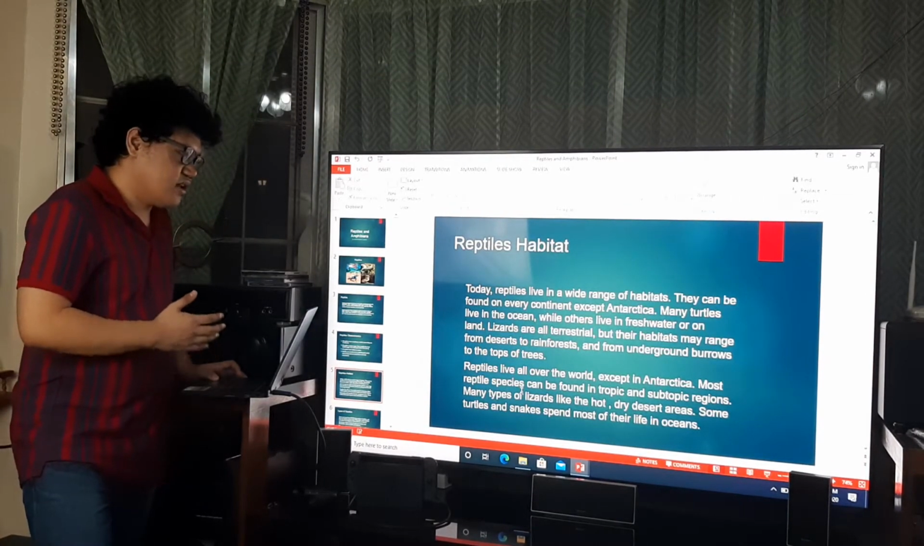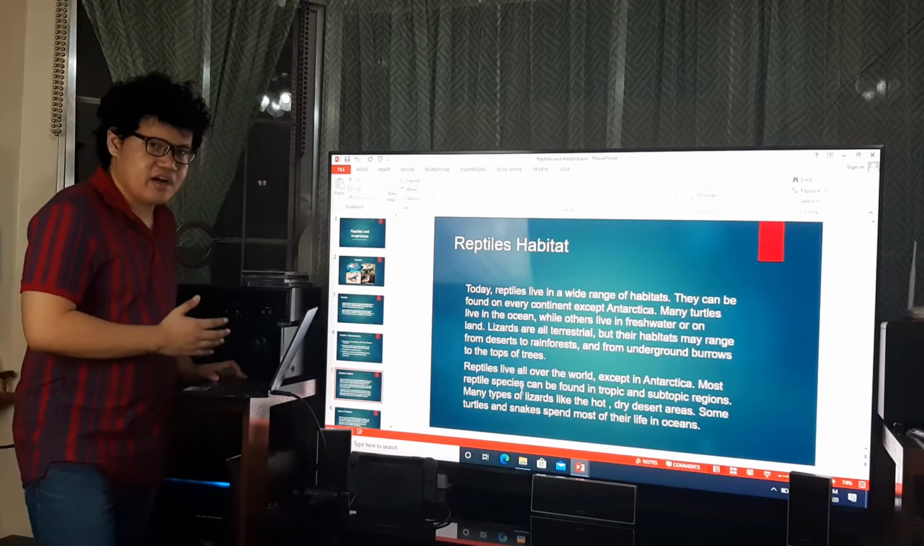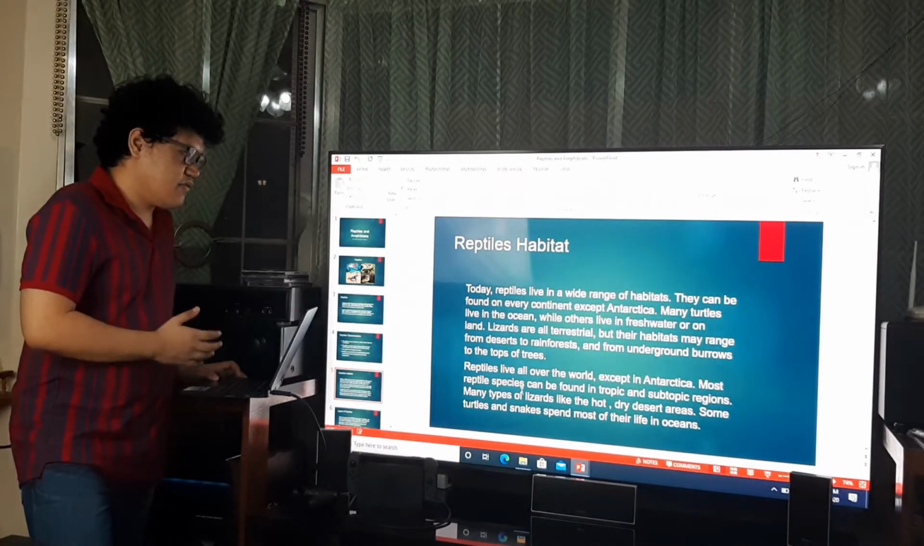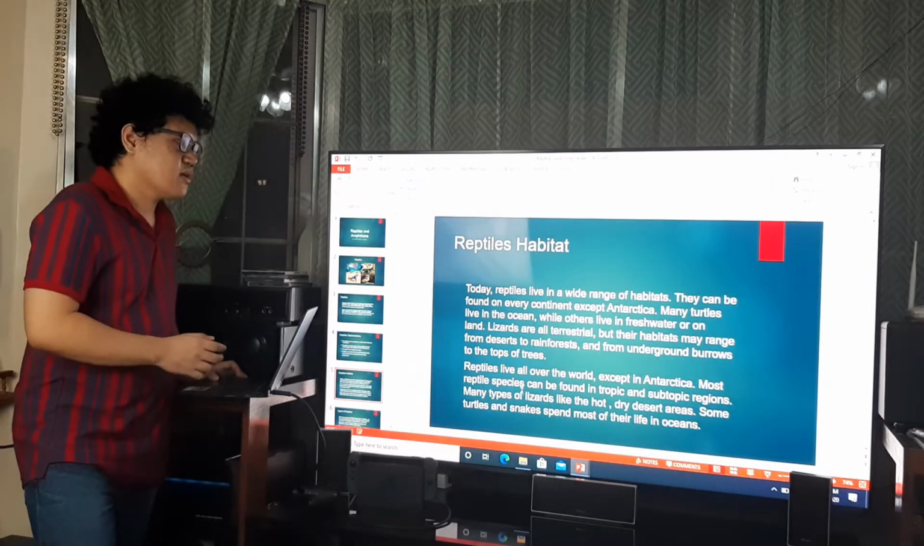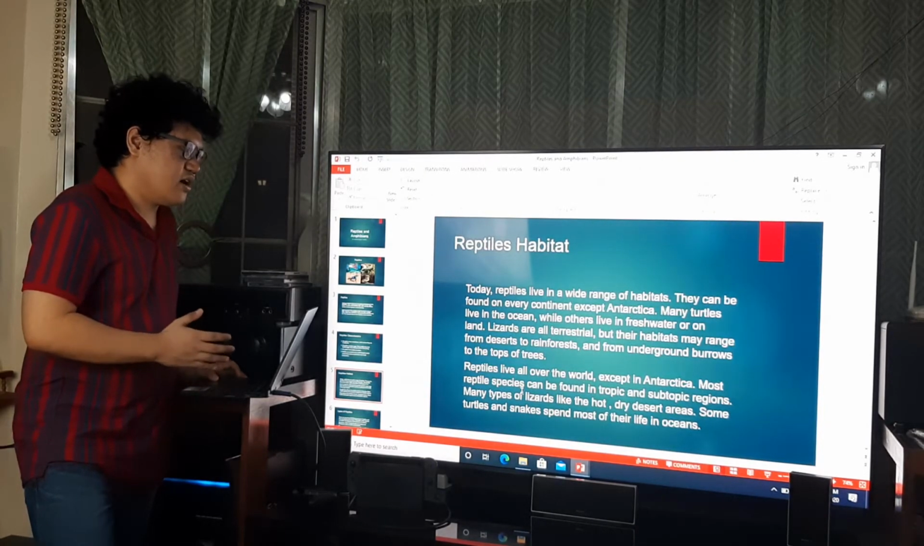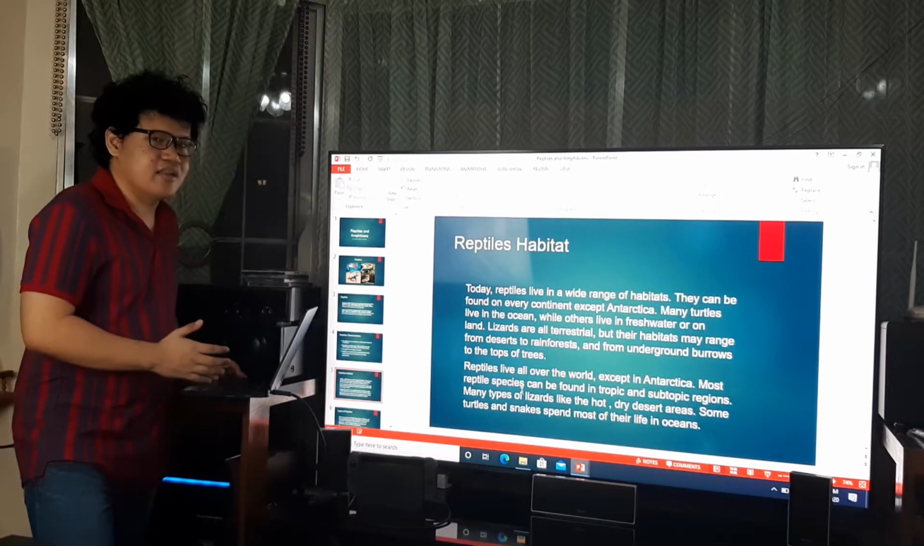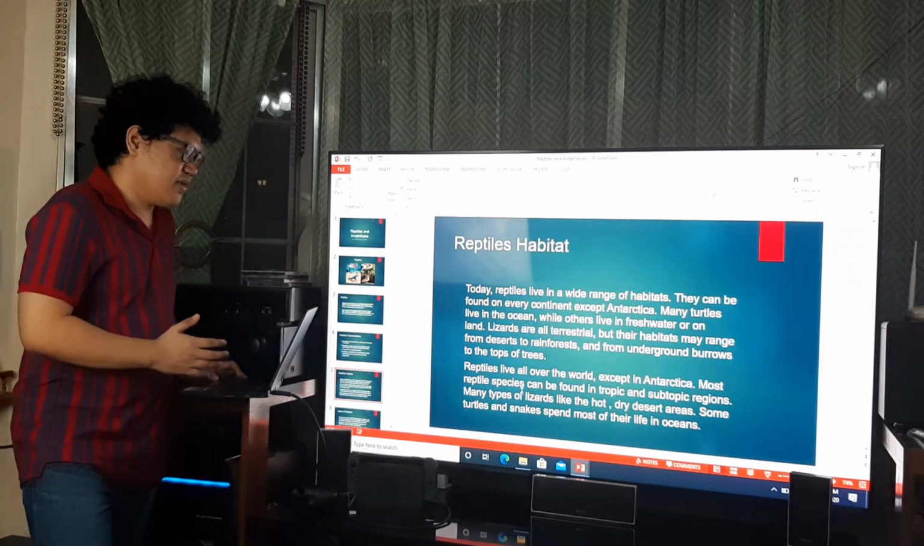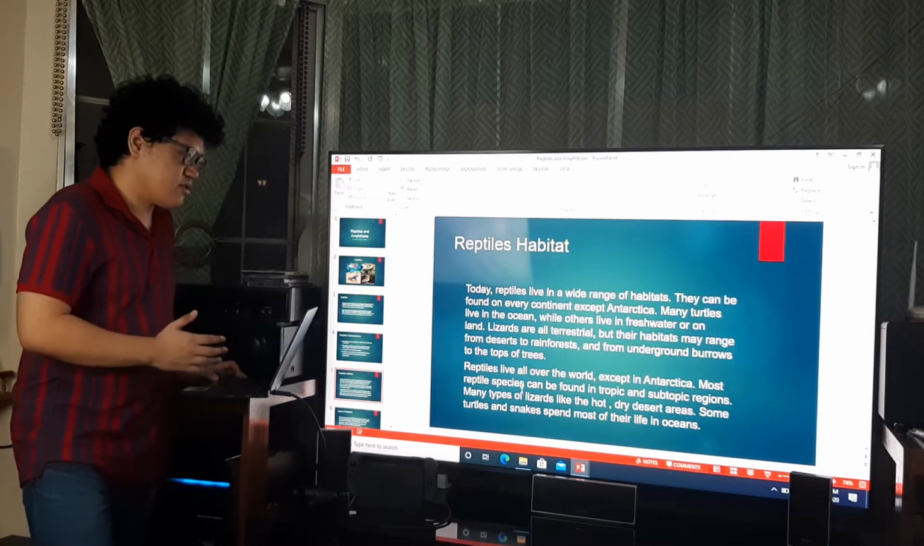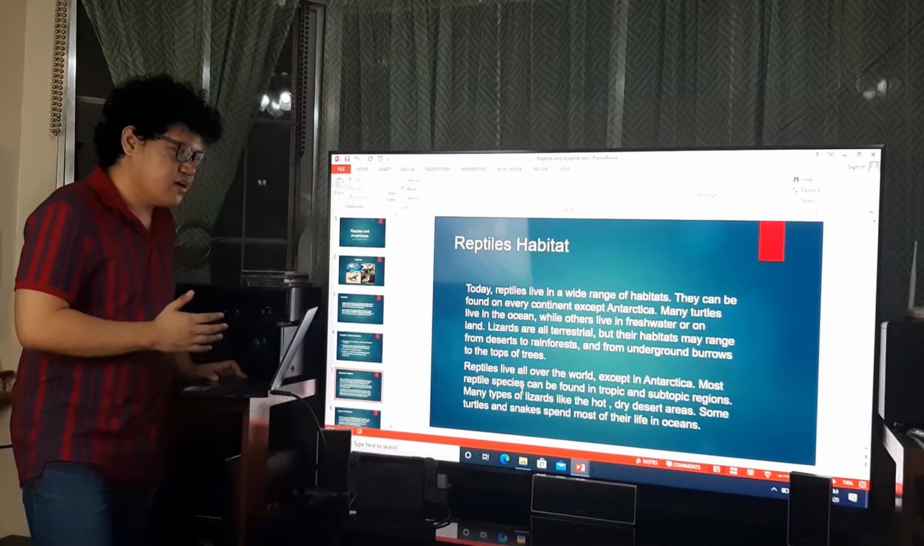Reptiles' habitat. Today, reptiles live in a wide range of habitats. They can be found on every continent except Antarctica. Many turtles live in the ocean while others live in freshwater or on land. Lizards are all terrestrial, but their habitats may range from deserts to rainforests and from underground burrows to the top